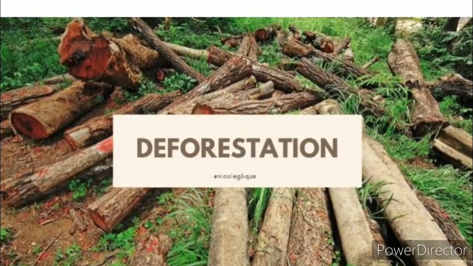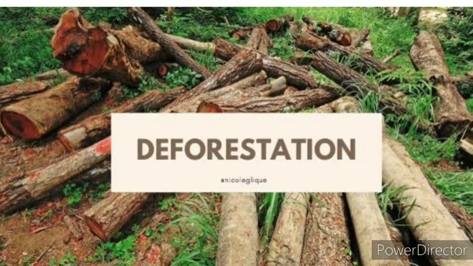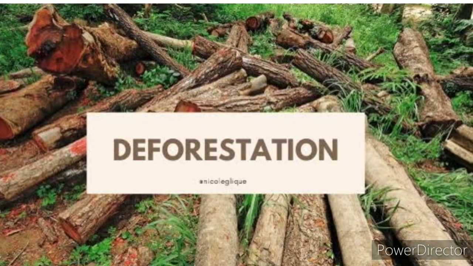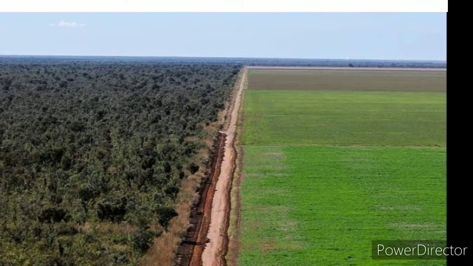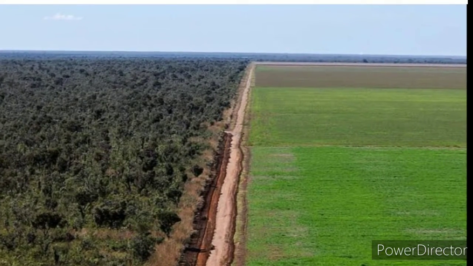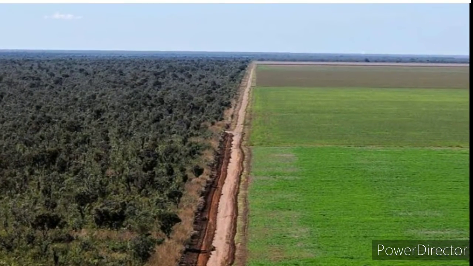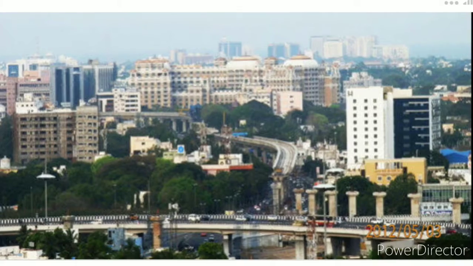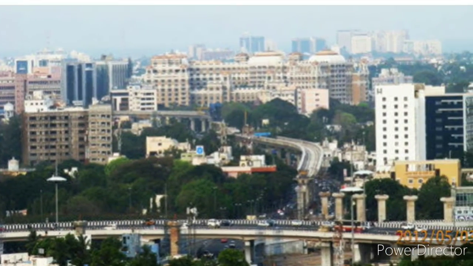Deforestation. Cutting down of trees or the conversion of forested area into non-forested area is known as deforestation. Forest provides benefits including goods such as timber, paper, medicine and industrial products. The causes are the conversion of forest into agricultural plantation and livestock, which is a major cause of deforestation. Logging for timber, developmental activities like road construction, electric tower lines and dams, overpopulation, industrialization, urbanization and increased global needs.